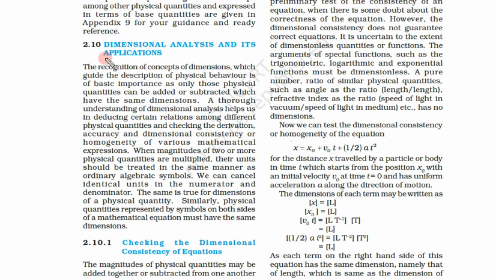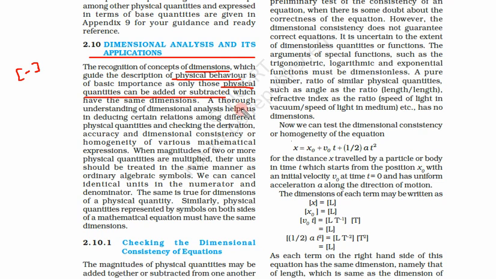After understanding dimensional formulae and dimensional equations, let us understand what dimensional analysis is. We have learned the concept of dimensions, and with the help of this we can understand physical behavior in a much better way. We also learned which physical quantities can be added or subtracted. For addition or subtraction, both physical quantities must have the same dimensions, otherwise they cannot be added or subtracted. This is the first thing.